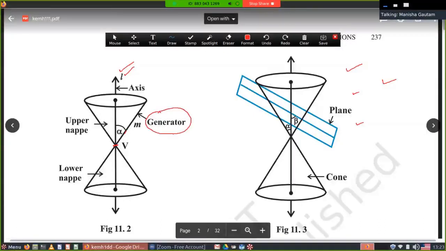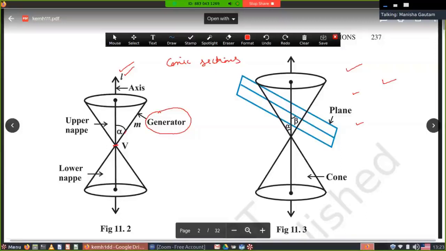Now here we are talking about conic section. Conic sections means sections made by cone and plane. When a plane intersects this napped cone, then you get different types of curves. Those curves are circle, parabola, ellipse, and hyperbola. Here, a few conditions are there which you have to remember, or you can do this experiment on your own.